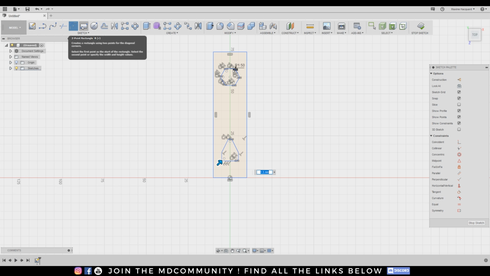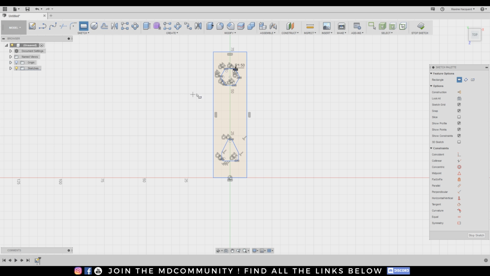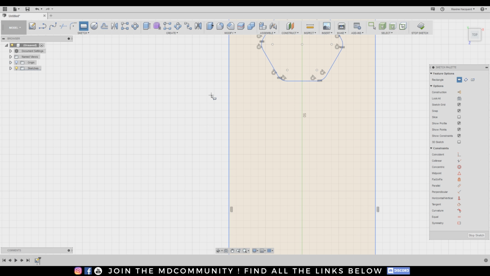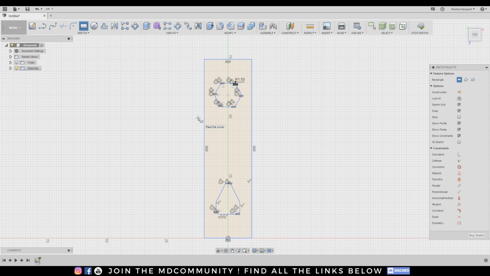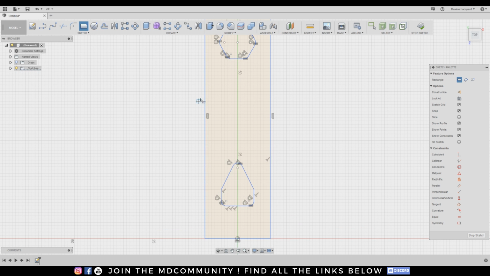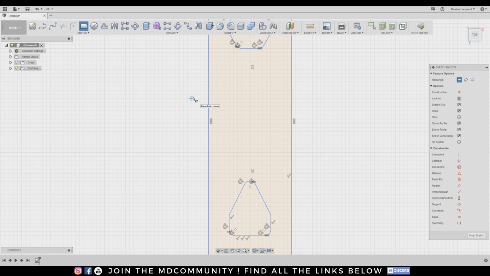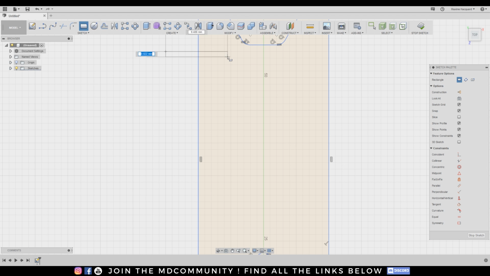I will now take the 2-point rectangle. I will zoom a bit inside the design, and I will show you a few tools. These are like the cloners, and it's really nice. Let's go there and create a shape of the size that you want, maybe this.